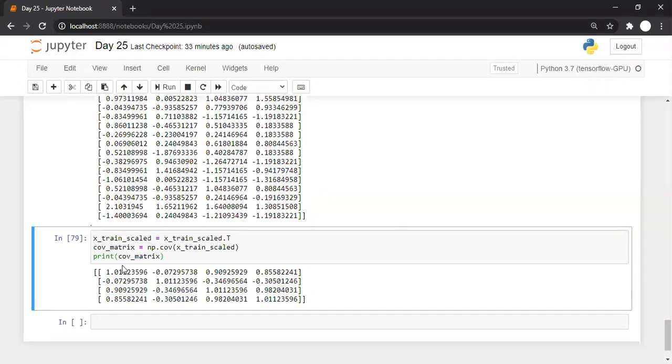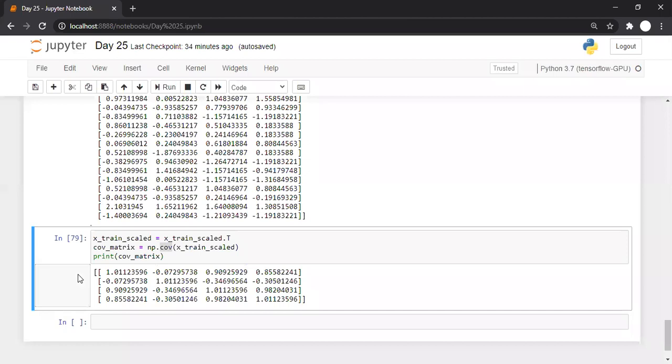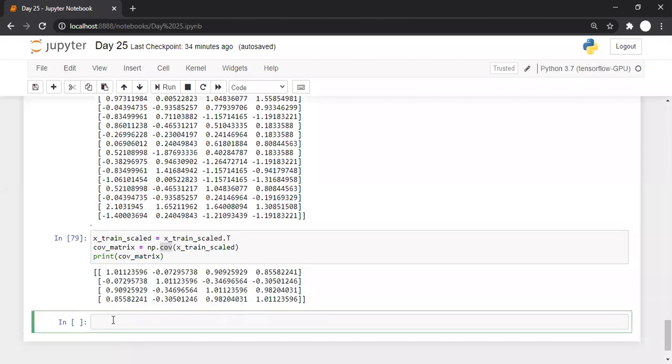So there are 4 columns in our data, and to calculate the covariance matrix for our features, the first thing we do is take a transpose of the data so there are only 4 rows, and then calculate the covariance using the np.cov method. And now we have a covariance matrix, from which we can calculate the eigenvalues.